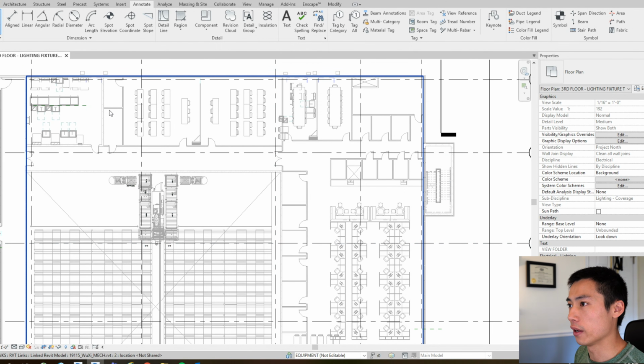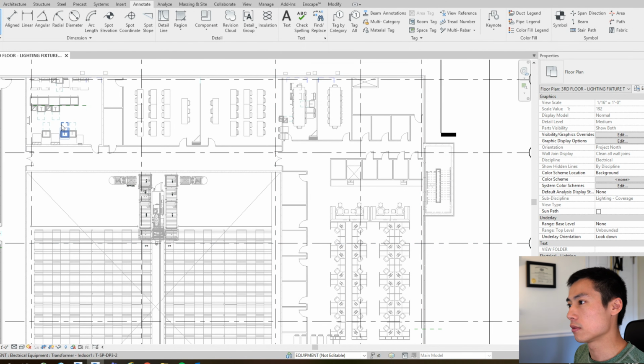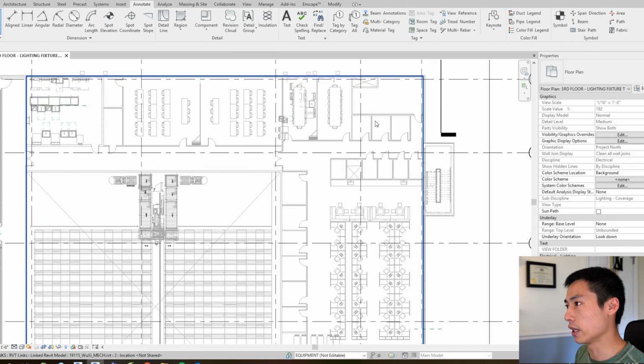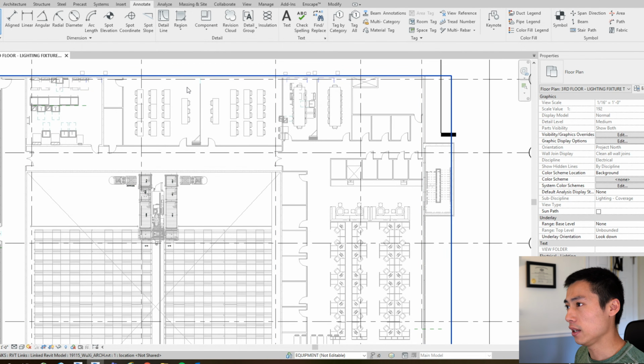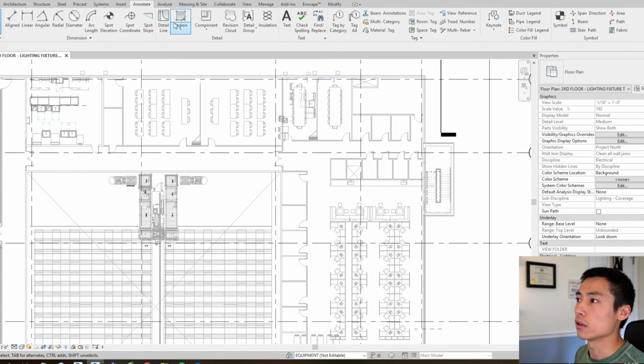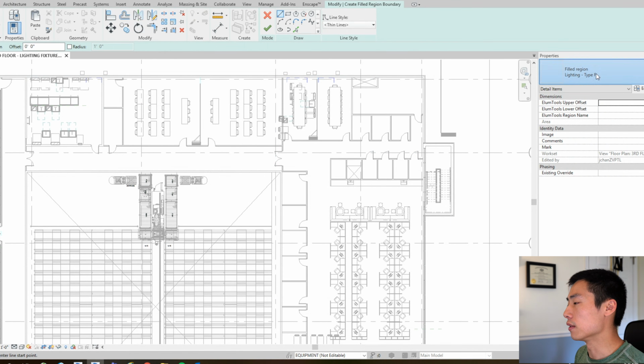So in this project, we have electrical space on the left side, and then we have another one on the right side, and this is kind of in between. You've got some office spaces down on the bottom and at the top. So if we just want to go in here and grab an area, a fill region, and we can